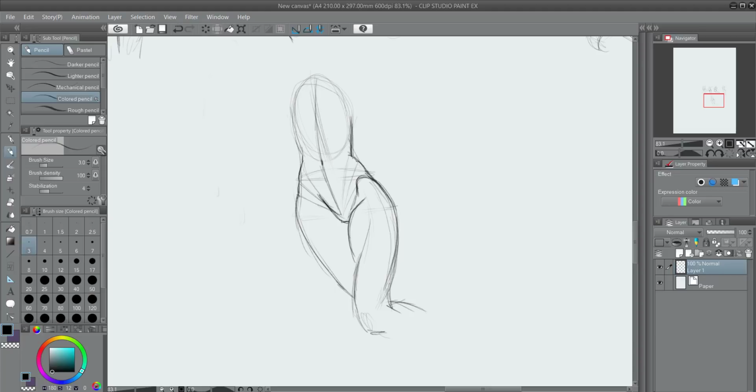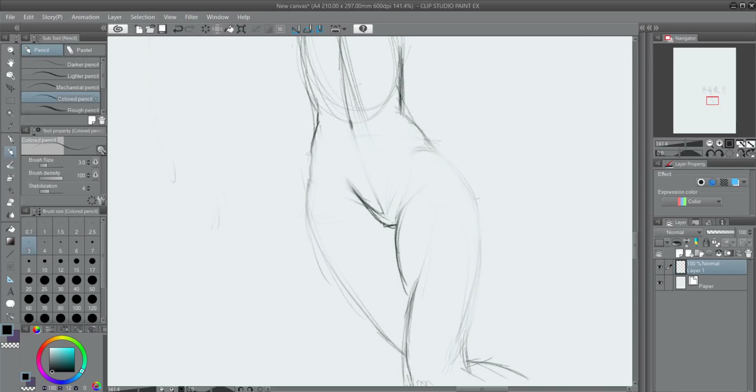We have all those lines I showed you before, and I'm going to start cleaning some of that up so we can start seeing the anatomy coming through now. But that's how I think about it. So if you think about the anatomy that way, it really is going to help the anatomy of the hips. Think about those lines. If you do that, then once you start actually drawing